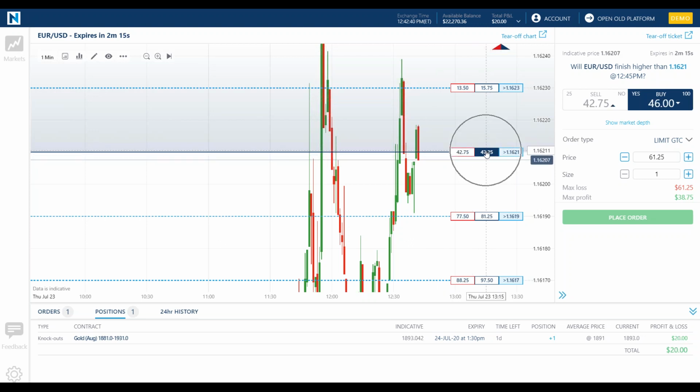It immediately dropped below a 50-50 proposition, and it's moving. And notice this one up here, which was around 20, is now moving closer. Oh, it's coming back up. I mean, you can see how quickly this changes as the price of the underlying moves. So if you're looking for some price action